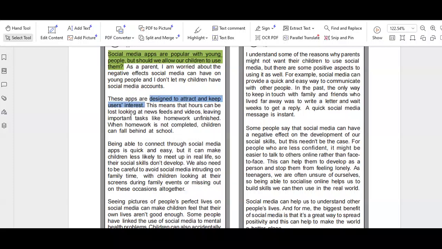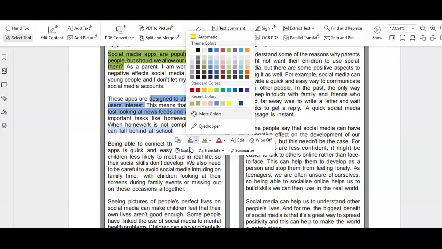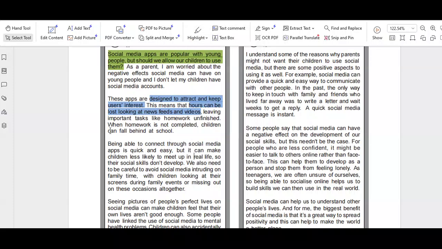Hours can be lost looking at the feeds. That means wasting time. Important, when homework is not completed, children can fall behind at school, making a connection that, what are going to be the outcomes if students or children are not going to complete their homework. Being able to connect through the social media apps quick and easy, this is a charm, but it can